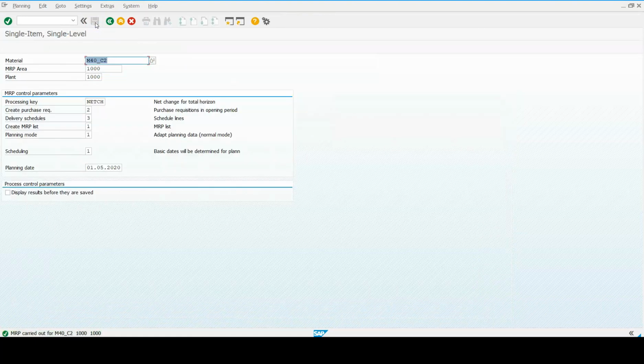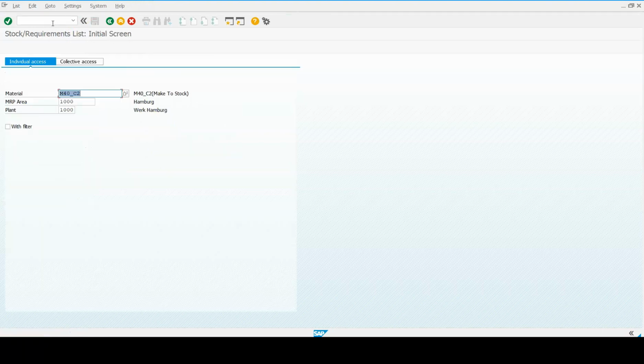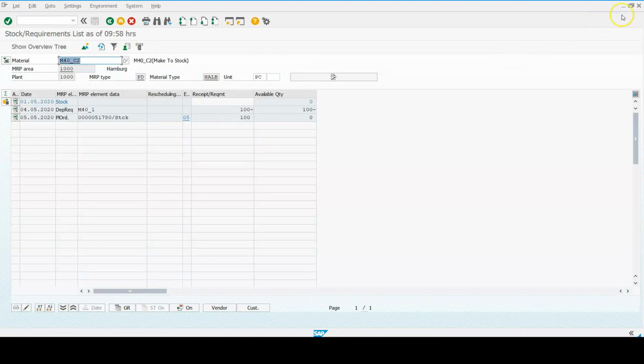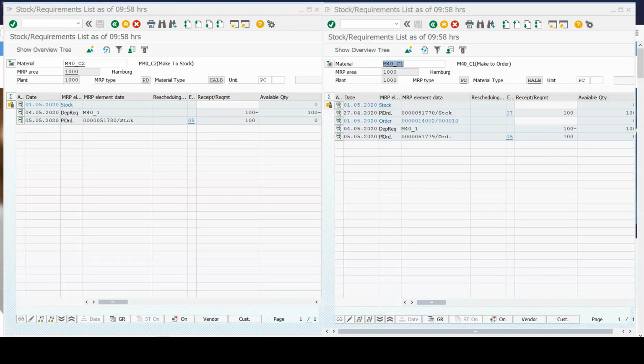Now I will show you the differences. Let us go to MD04, take this M40_C2, and do a side-by-side comparison.